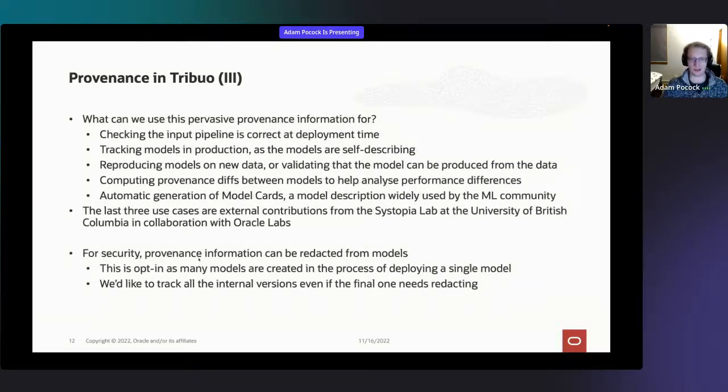And so we're going to capture a huge amount of information, and I've talked about it for quite a while, and you might ask, why are we doing this? Well, there's a few different uses that we came up with, and we've collaborated to build a few more.